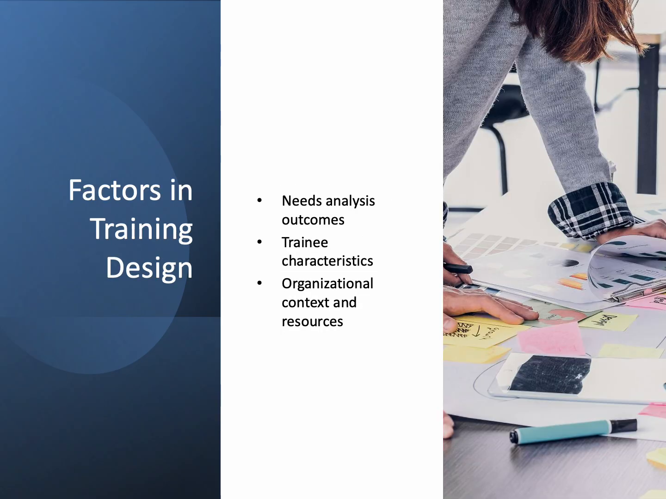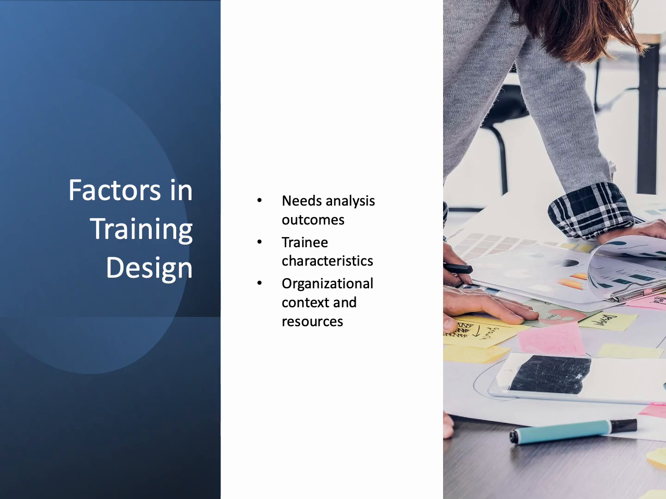Training design considers multiple factors: needs analysis, outcomes, trainee characteristics, and organizational context and resources. Needs analysis identifies skill gaps, trainee characteristics, like learning styles, guide method selection, and organizational context ensures alignment with the goals and resources. For example, a retail training might focus on customer service skills, tailored to visual learners and budget constraints. As we discuss this, consider factors affecting training design in your industry. Addressing these ensures training is relevant and effective in fields like education or manufacturing, where customized programs drive performance and